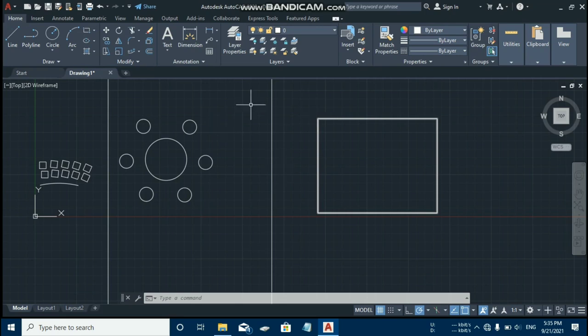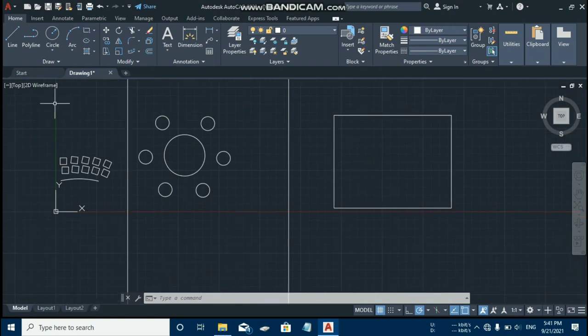For that click here on explode, or you can just type it. Then select your rectangle or square, whatever you have, and press enter, and it will separate every line.